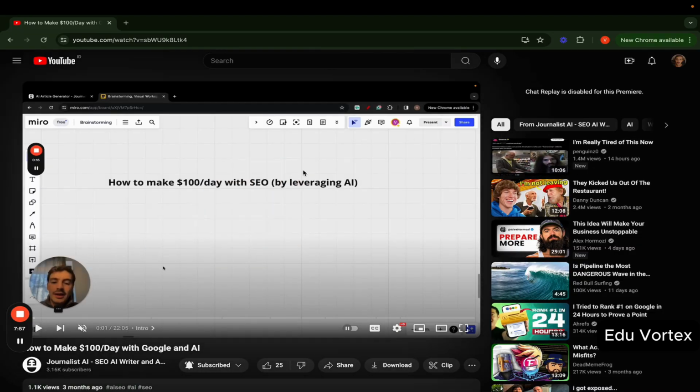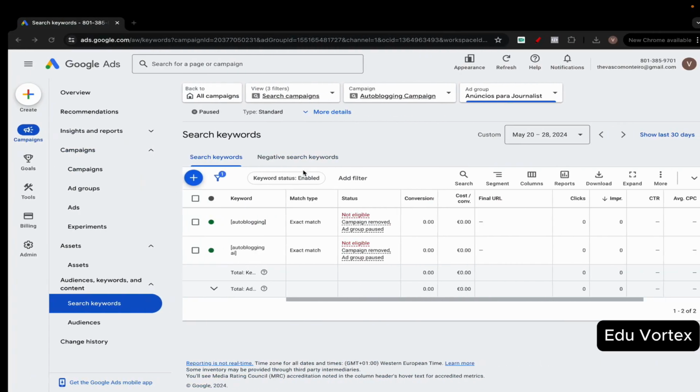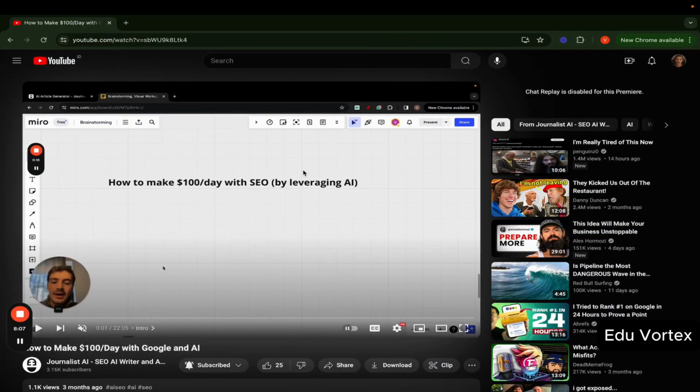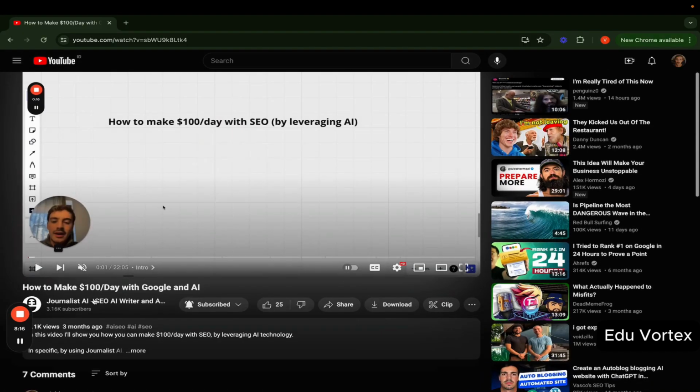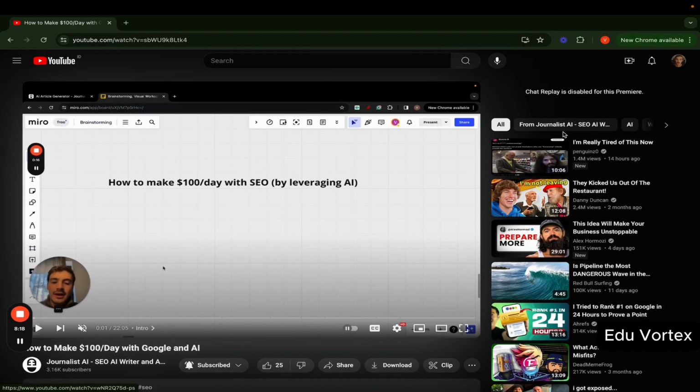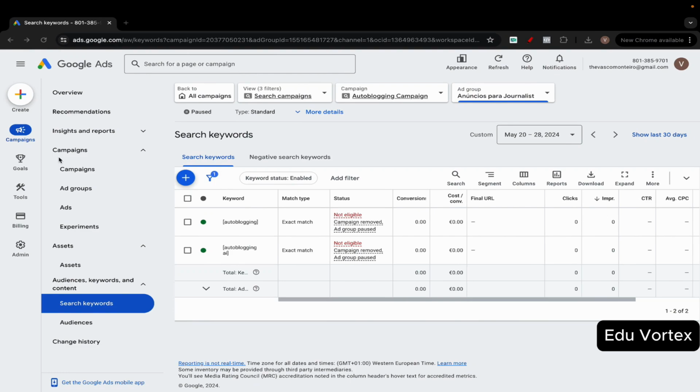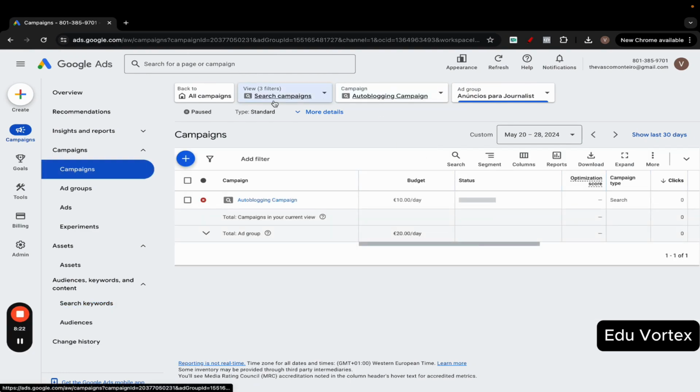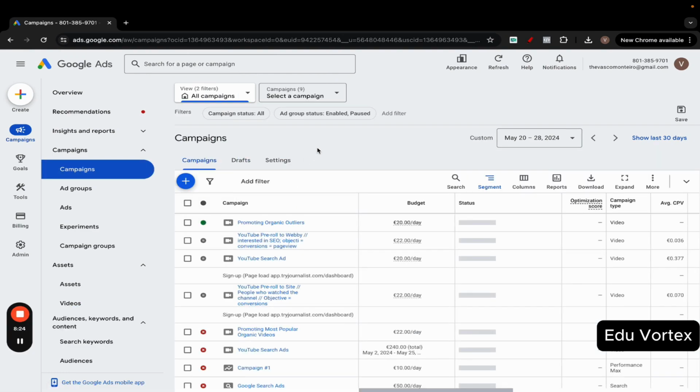Now, these ads, you can either make them appear via search keywords, but most of them will appear by targeting YouTube channels. So you can make your ads, your videos, appear right on certain channels. If you were a competitor of mine, you could only show ads on my channel. So every time someone would watch a video of mine, your ad could appear here. So you can go here into your campaigns. And again, you're gonna test this out for yourself, right? It's very important that you test this out.